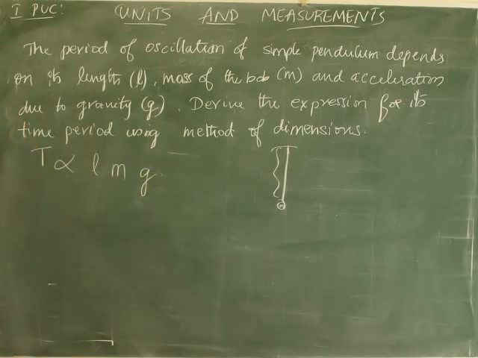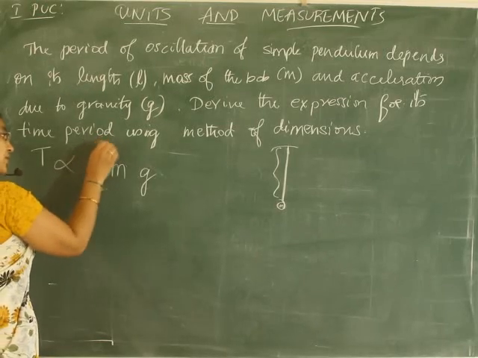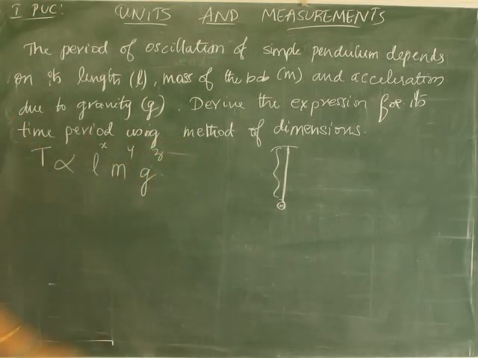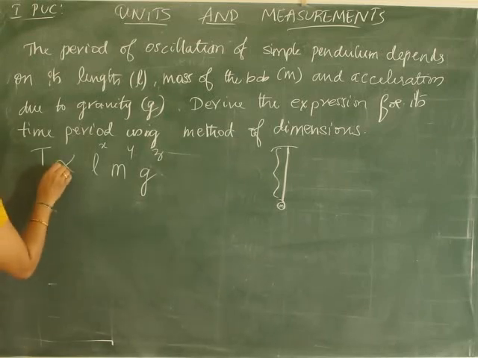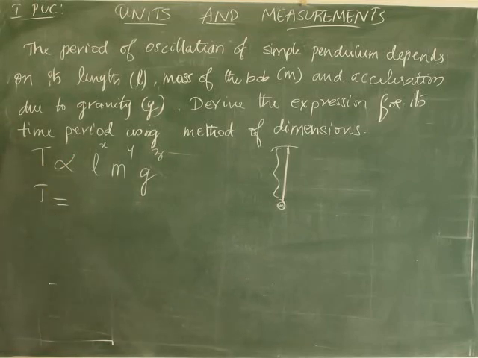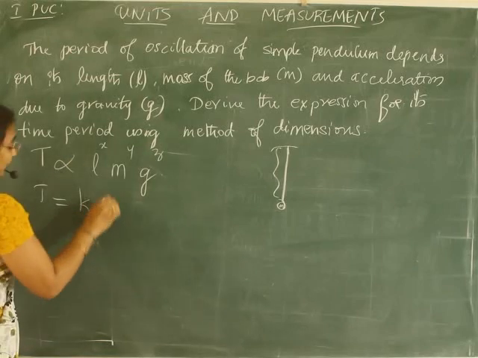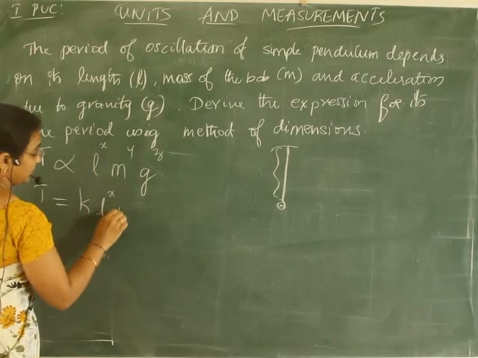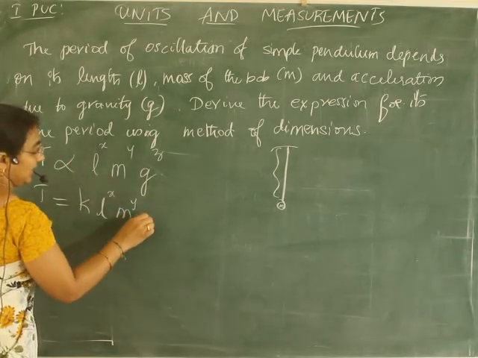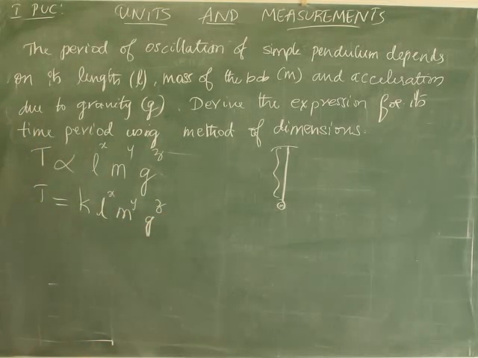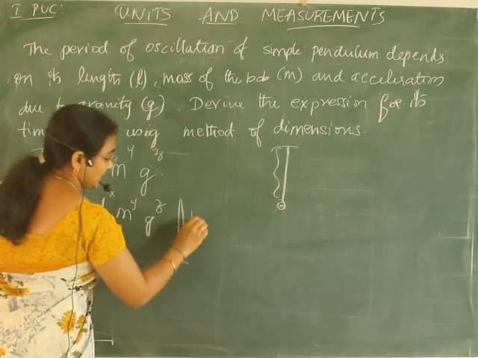We don't know how it depends. We don't know what the power is also. So I'll give x, y and z for these three. Okay, x, y and z. We don't know what this is. So instead of proportion, I want to put an equal symbol. Whenever I write an equal symbol, there should be a constant, let it be k. We don't know the value of k also. x, y and z. Okay, where k is equal to constant